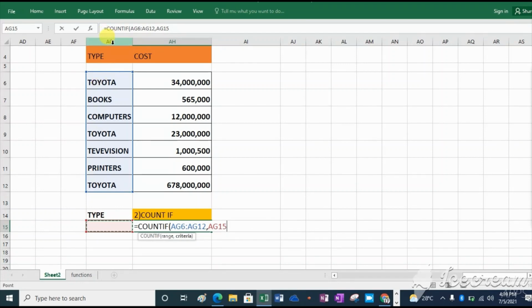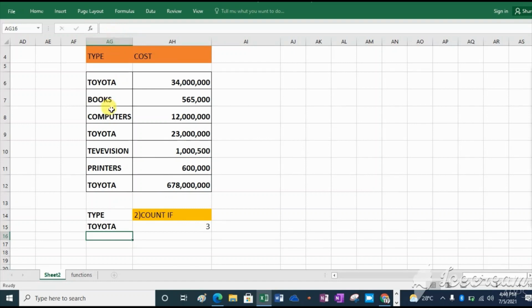Age is the location of this column, and 15 is the row number. Then close the bracket, then click enter. You will see it is 0 because there is nothing written here. If we write Toyota here and click enter, you will see 3.